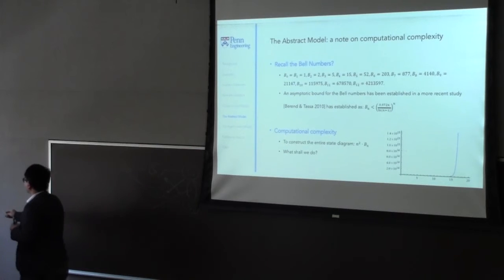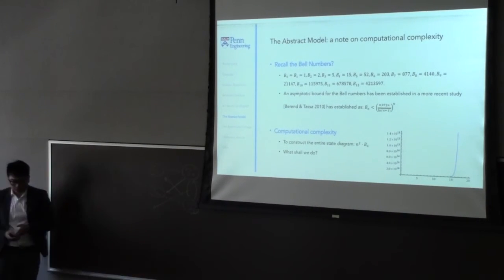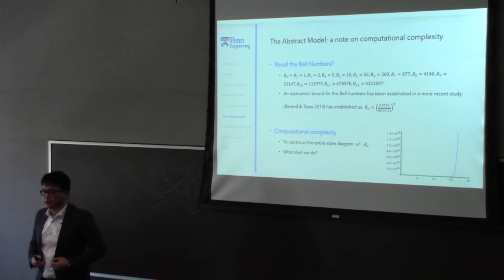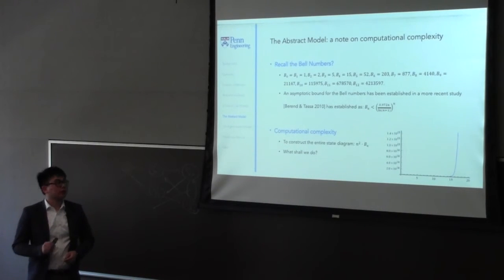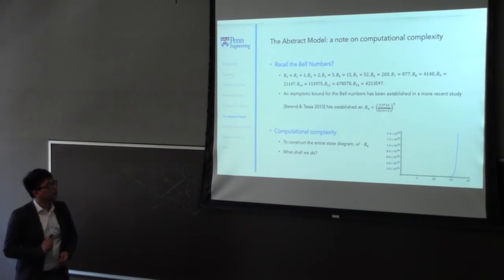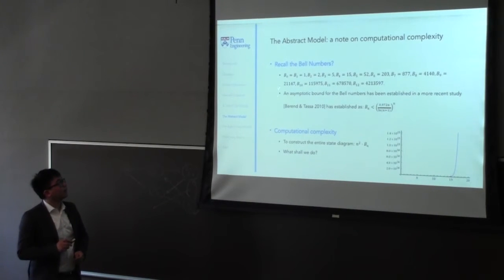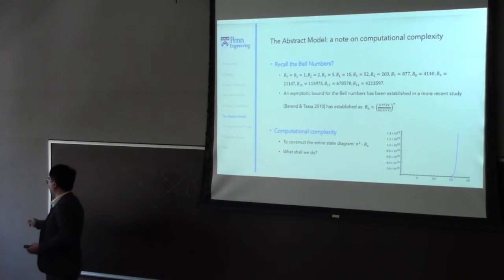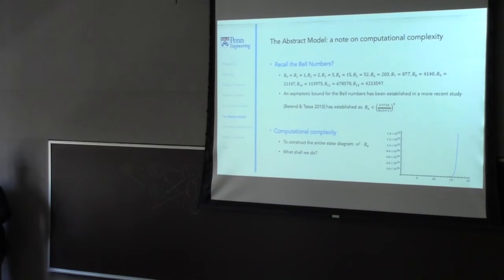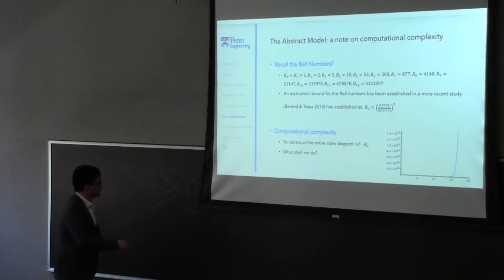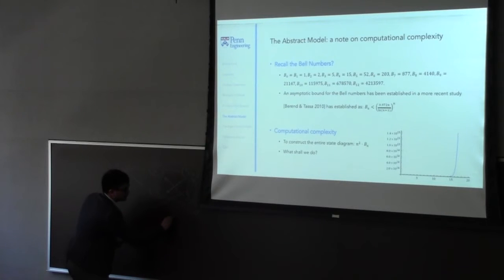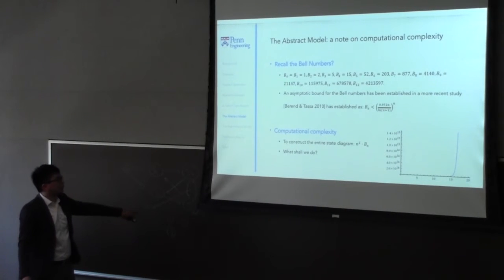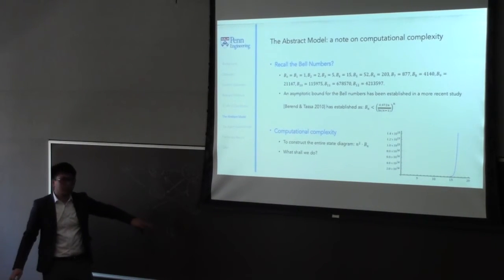So if we are able to write so many things about the abstract model and have all the things nicely defined, the stability concepts and all those things, why do we even bother to do computational modeling of it? I think it really falls back to the question of computational complexity. I didn't talk about the Bell numbers earlier, but let's recall them. The Bell numbers capture the number of possible partitions given a set of size n. So if you have, say, a set of 3, the Bell number is 5, which means you can have 5 partitions of this set.